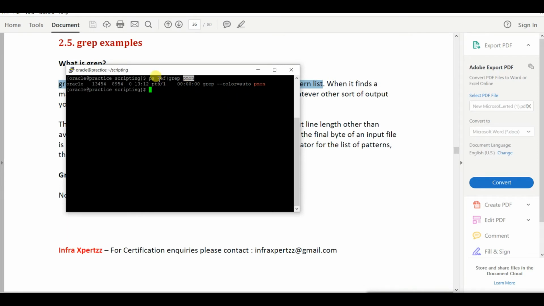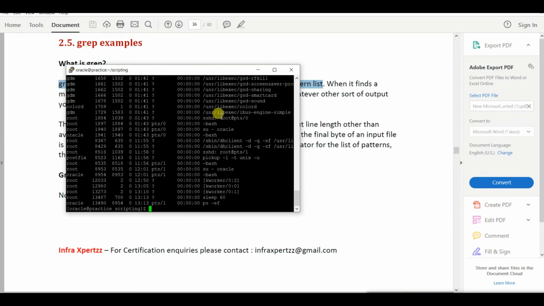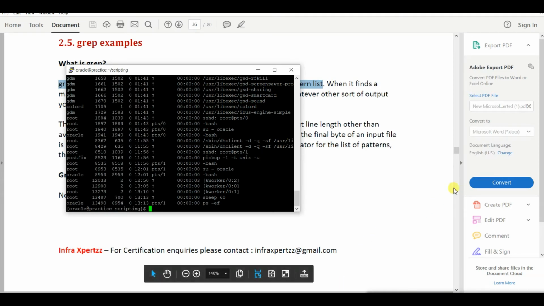That means ps -ef's output becomes the input of grep. You can see here these many processes are currently running. From here, if pmon processes run, then it will show that and give you the output for that.